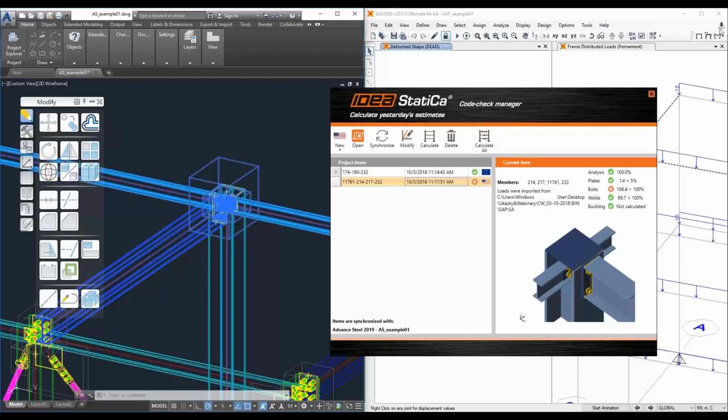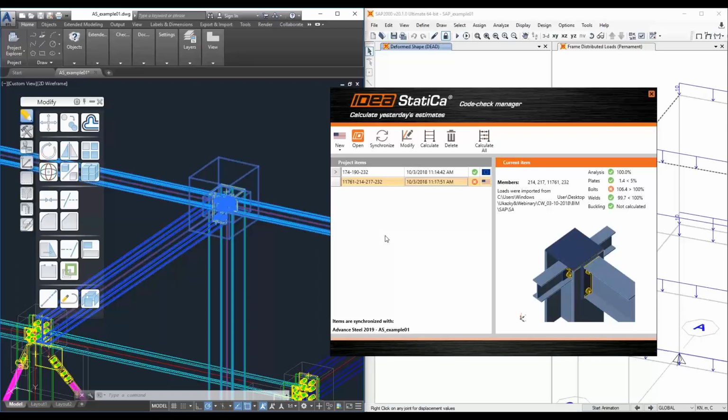As you could see, this is a new feature that hasn't been released. It's going to be released in 1 or 2 weeks as a new upgrade, IDEA StatiCa 9.1. So this is waiting for you. This was just a small taste of the new features, but I believe we can all see the potential of this new feature, how you can merge BIM links to get an even more effective workflow. And